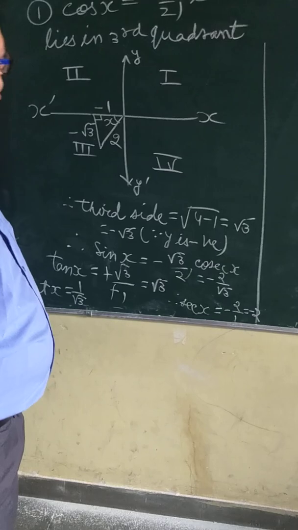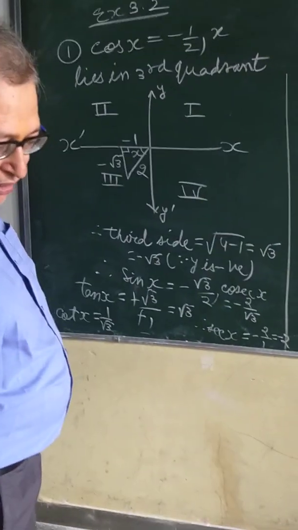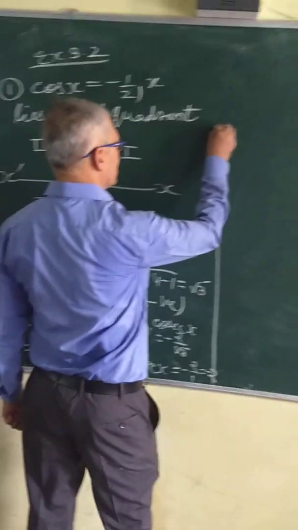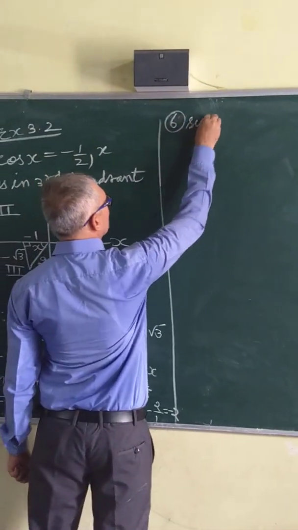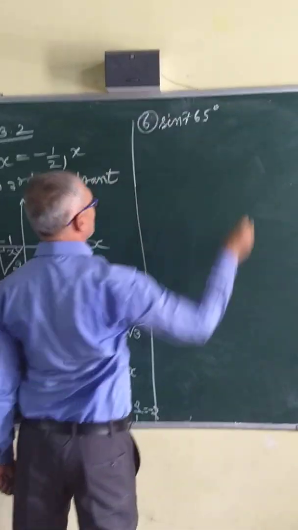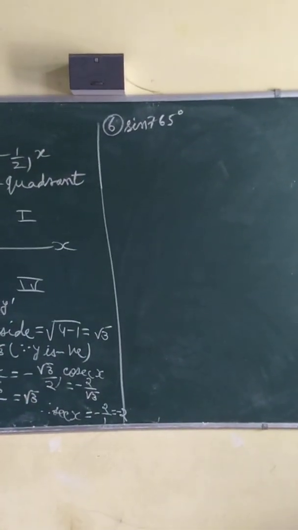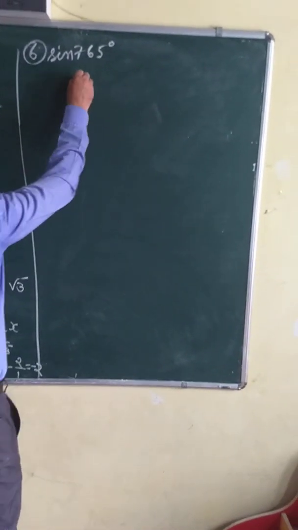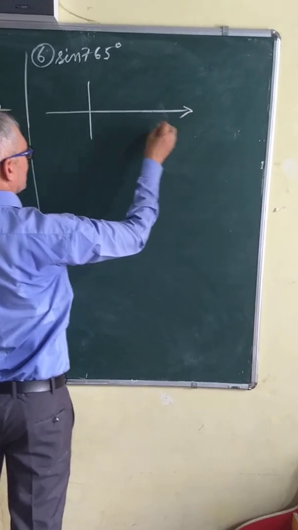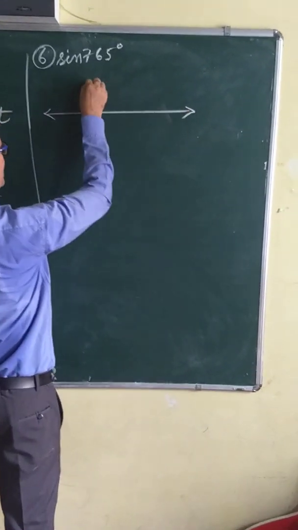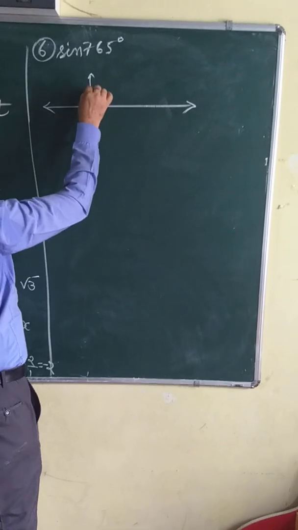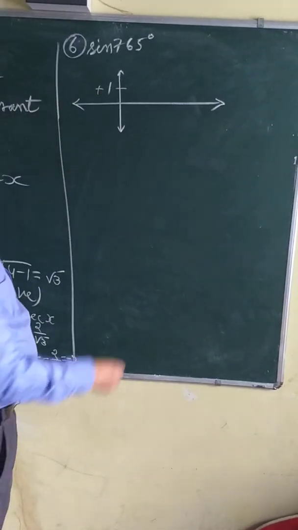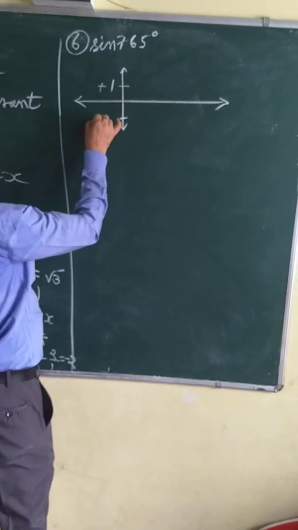Now we will come to another type of question in which value of some angle we have to find. So we come to now question number 6. This is sine 765. So for this we will see the graph of sine function. Graph of sine function is like this. This is angle side and this is value side. So maximum value of sine for any angle is plus 1 and minimum value of sine for any angle is